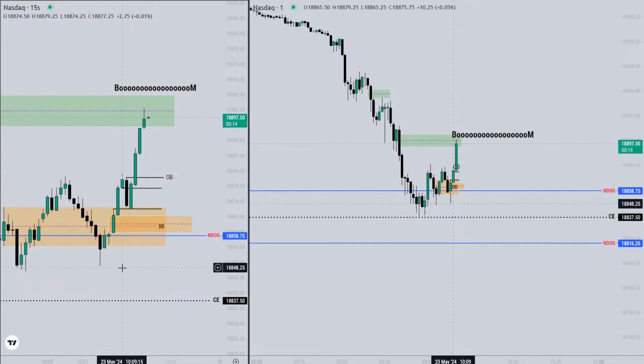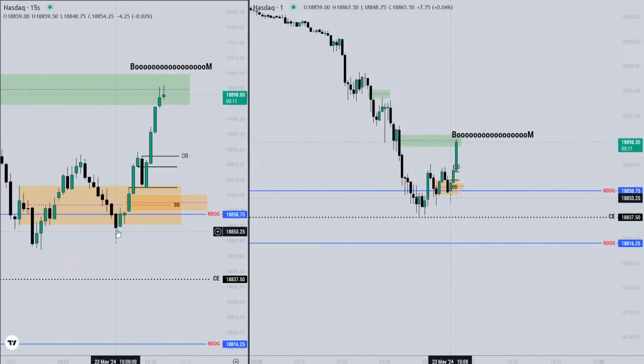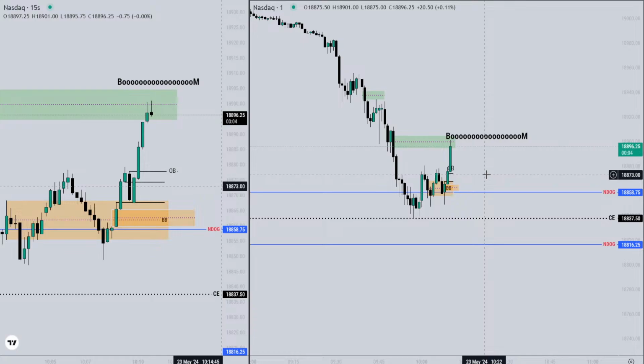That was a perfect breaker block in my opinion. The Mohawk was a little far. I was really curious how far the Mohawk could go. But yeah, it was a good setup